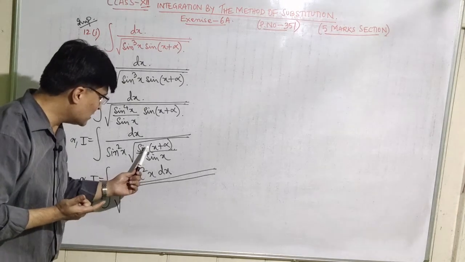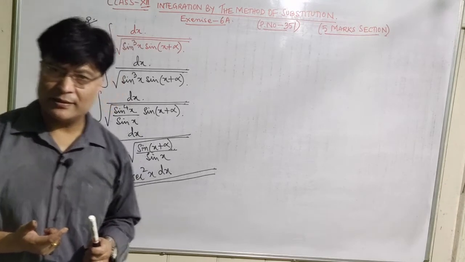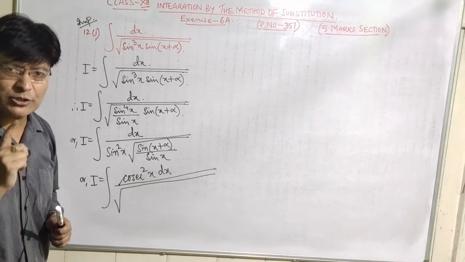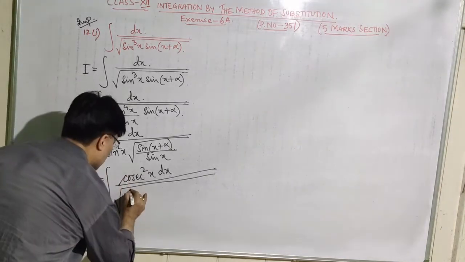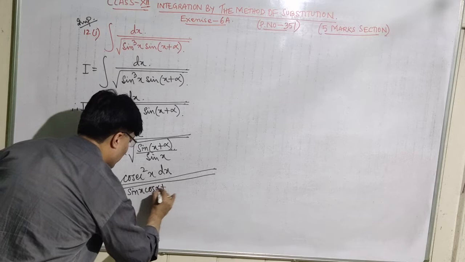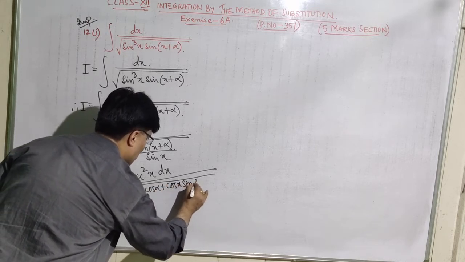Now this is sine of a plus b. You know the formula of sine of a plus b, isn't it? From compound angles, what is sine of a plus b? Sine a cos b plus cos a sine b. So here it is sine x cos alpha plus cos x sine alpha